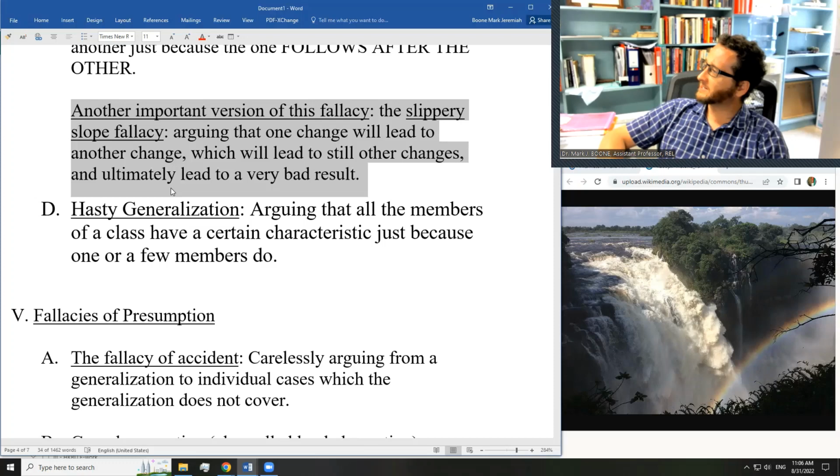All right, let's see. What's a slippery slope fallacy that's not one? Let me just give a super simple one. Here's a slippery slope fallacy. While hiking in Hong Kong during a heavy rain on a steep hill,